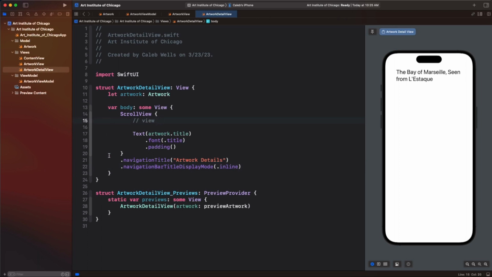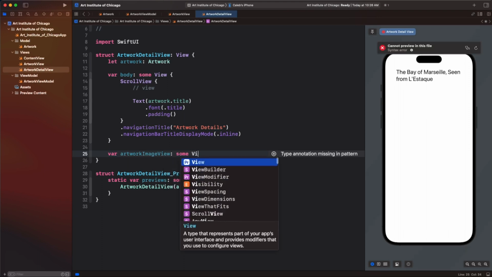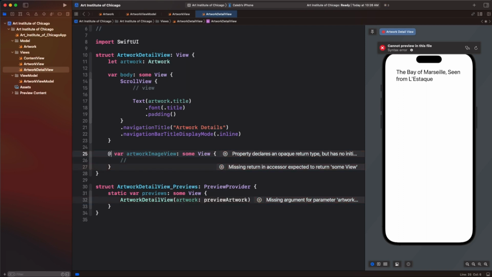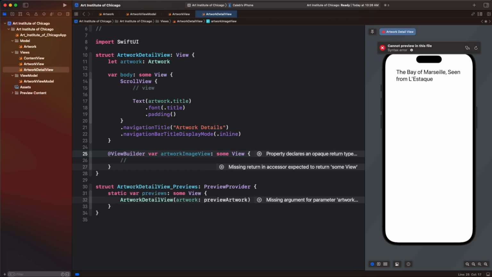So let's go ahead and scroll down a little bit, and we're going to do something a little different. If you watched my last video where we built out just a var, and we called it something like this one's going to be called artworkImageView, of type some View, and then just return something here on line 26. We're going to have to do something a little different because we're going to use conditionals. And so we'll need to come up here and add @ViewBuilder. This is a custom parameter attribute that constructs views from closures. The reason we'll need that is because we're doing some conditional work here. So inside of this, we're going to go if let imageID